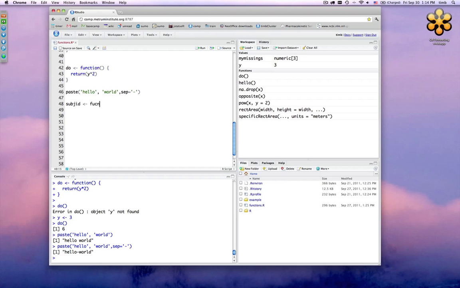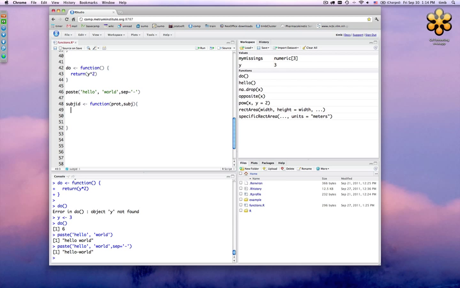And we'll say it's a function of protocol number and subject. Pretty obvious. And at this point, I can't think of any good defaults for either of those, so we're not going to provide any. We will force the user to specify protocol and subject, and we'll assume that those are